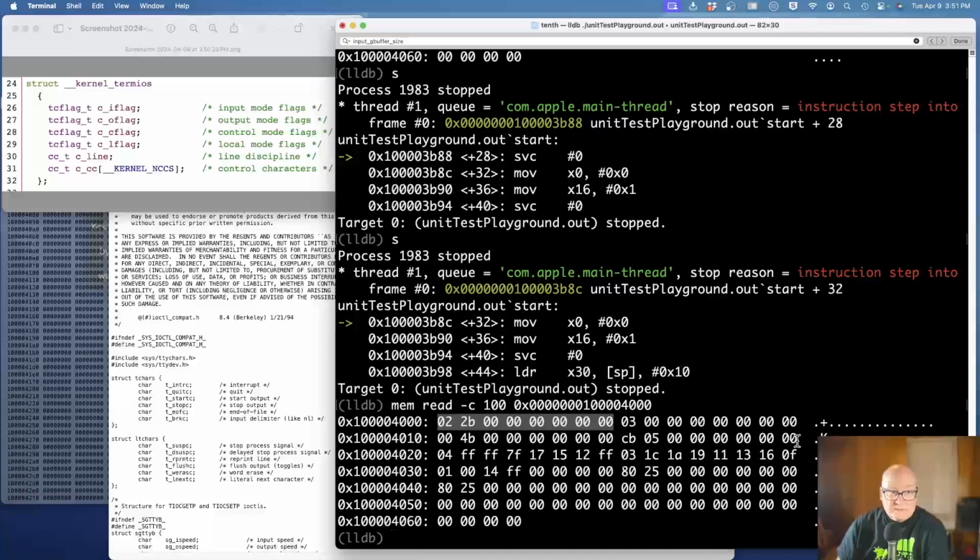Then we have basically a set of characters. Line discipline 4, and then I think this is our, let's see, so that's 7, 15, 16, 17, 18, 19, well, 15, plus 8 is 23, plus 2 is 25